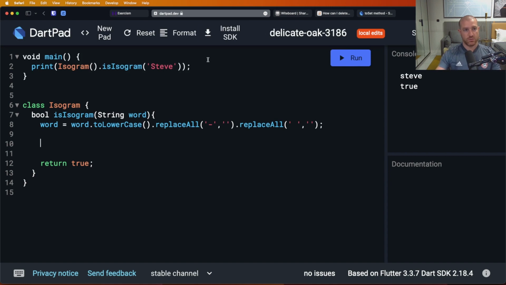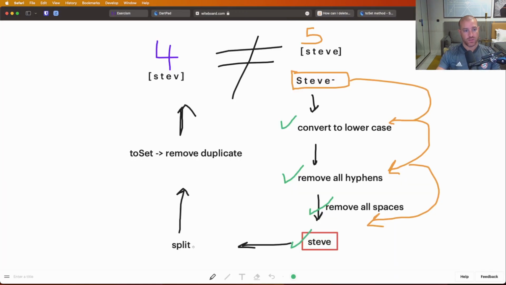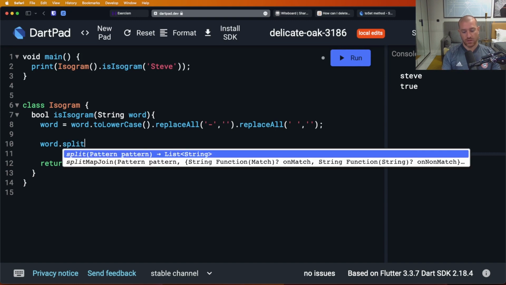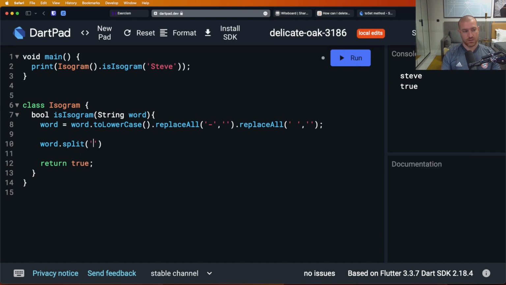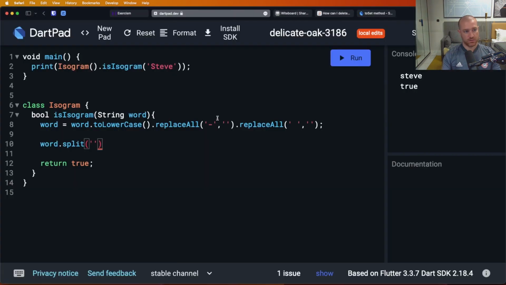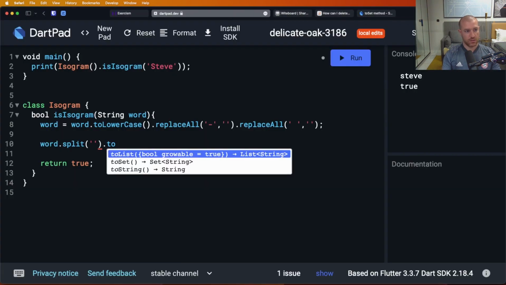So we said that we need to split them. So let's take the first on the left side, the word on the left side. So word dot split, and the pattern is empty. So now it's split. Next we need to do toSet, and let's do that. Dot toSet,